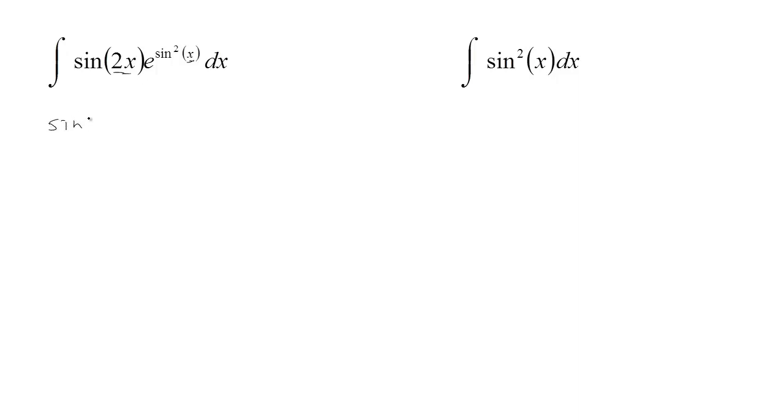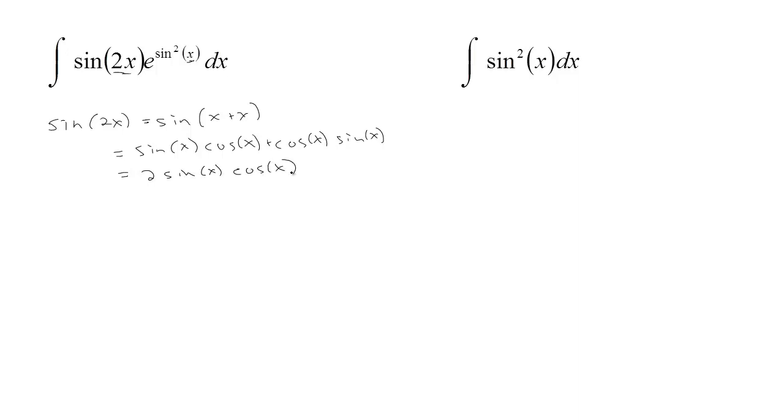Remember, the sine of 2x is the same thing as the sine of x plus x, and we have this formula for the sine of a sum. You take the sine of the first times the cosine of the second plus the cosine of the first times the sine of the second. And in this case, because both angles were the same, we have just 2 sine x cosine x. And that's actually going to help me do this problem. If I rewrite this using that trig identity,